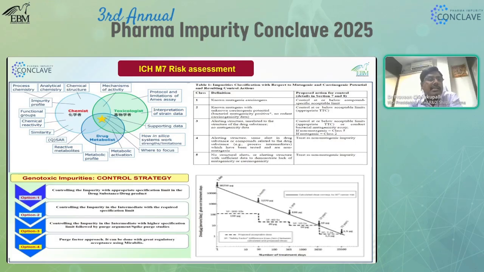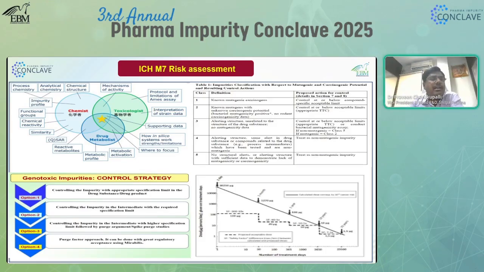And in some cases, the drug substance or drug product is used for less than lifetime. So the LTL approach can be used to set the specification limit for the genotoxic impurities. So whatever the 1.5 microgram limit is there, that is for usage of the drug for a lifelong time. Whenever you are using it for less than lifetime, you can have the approach and give the justification to the regulatory authorities and have a relaxed limit for the genotoxic impurities when the drug is for less than lifetime.